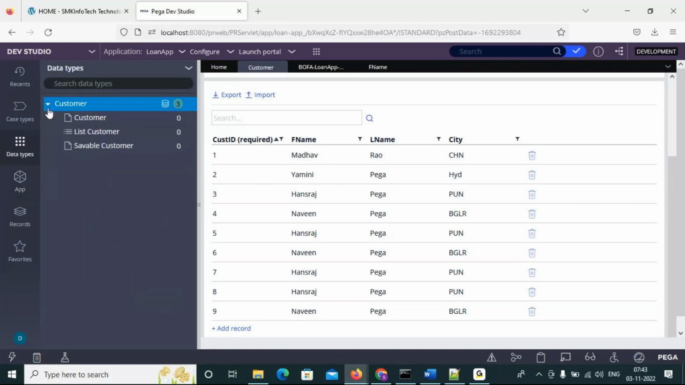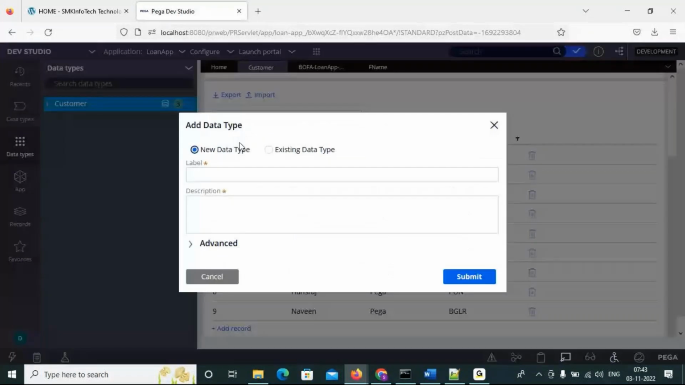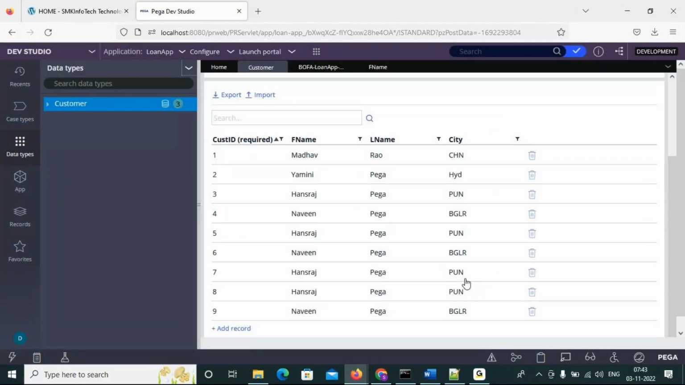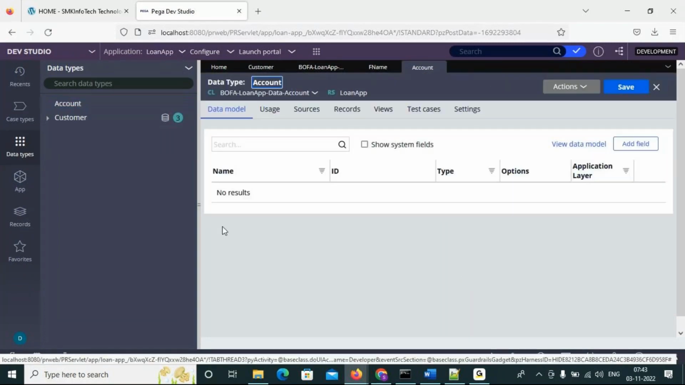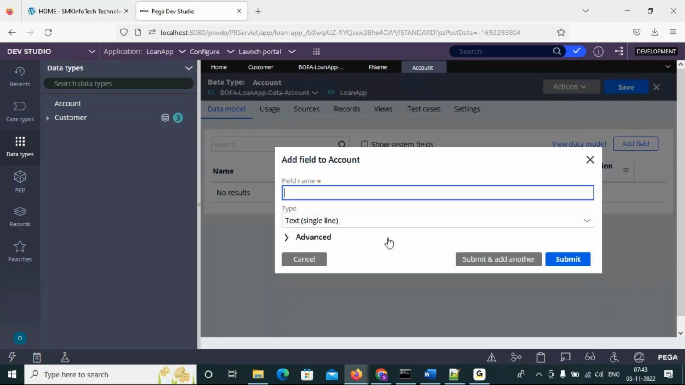I will create one more table. Add data type. We'll go for which one? Account table. Submit. By default, you will be creating it in the application layer only. Now the account class is created. There is no symbol. See here. Add the field account